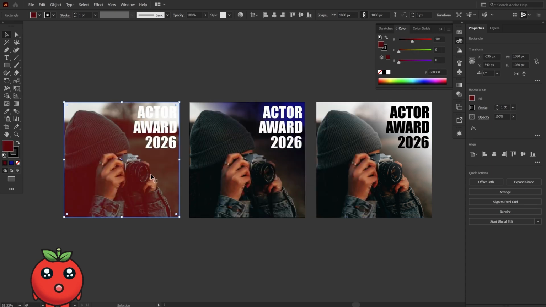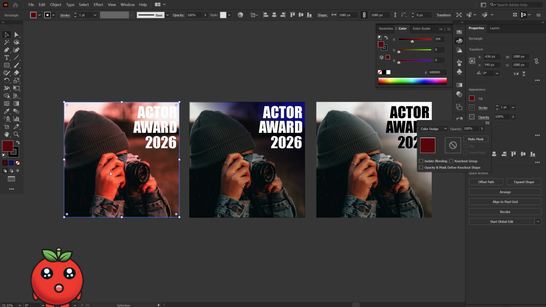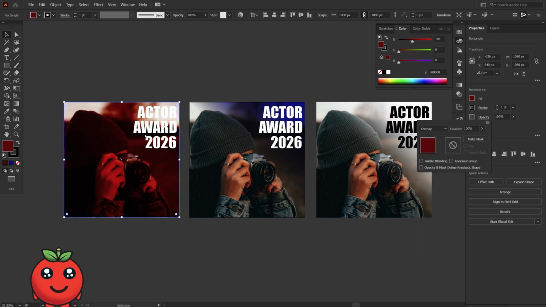And now if it's dark, then you can see a firm red color going on that image. After these both categories, like screen, light dodge, and color dodge, you can see that color dodge actually blends with the background image very well. These are for light overlays, these are for dark overlays, and after that we have overlay, which will just work like multiply but in another way,